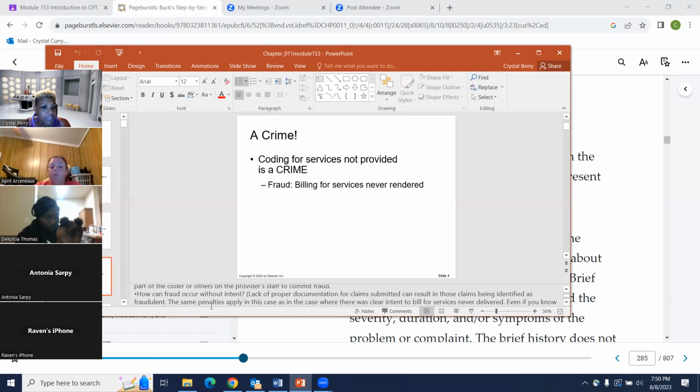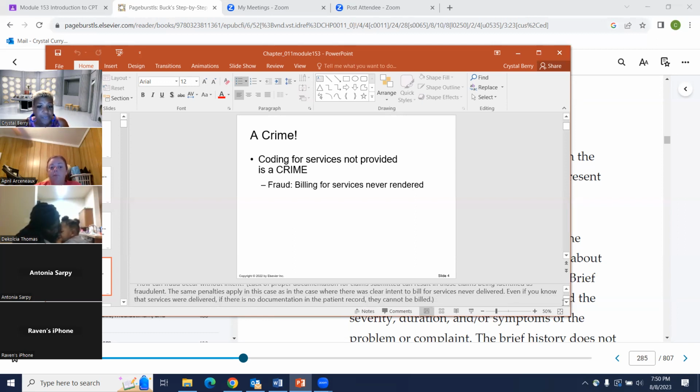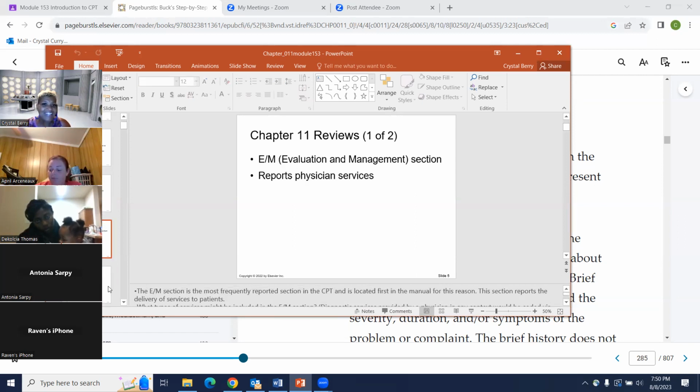The same penalties apply in this case as in the case where there was clear intent to bill for services never delivered. Even if you know that the services were delivered, if there is no documentation in the patient record, they cannot be billed. So you see that, Antonio, right there, all of the information. Right. Yeah, okay. Yes. Next.